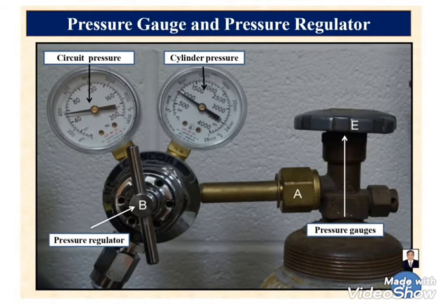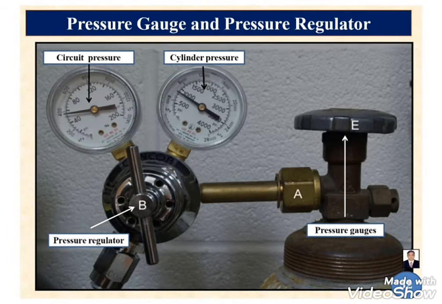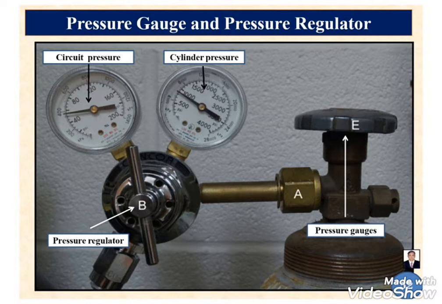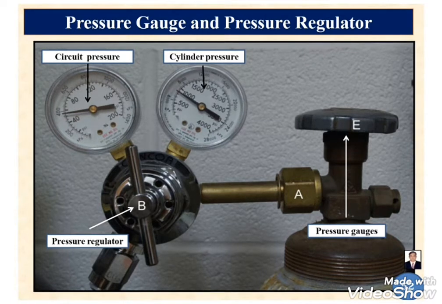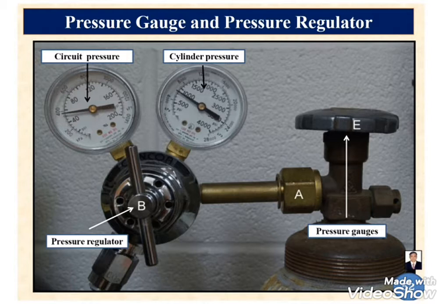So this is the pressure gauge, a calibrated pressure gauge with the valve fixed on the top of the oxygen cylinder, and it displays the pressure of the oxygen in the cylinder. You rotate it anti-clockwise to open it, and clockwise to close it. How much oxygen is present inside the cylinder is displayed by this first dial. So this dial displays the pressure of the cylinder.